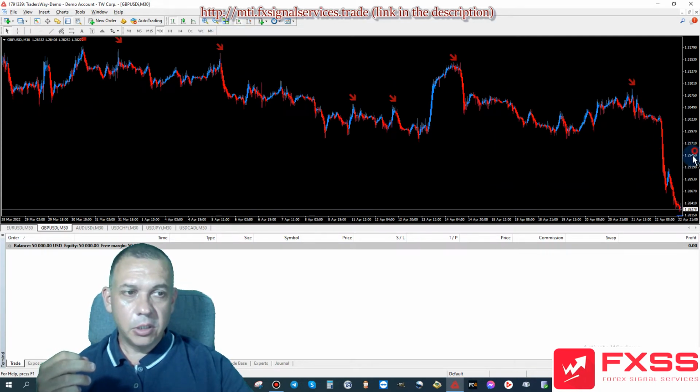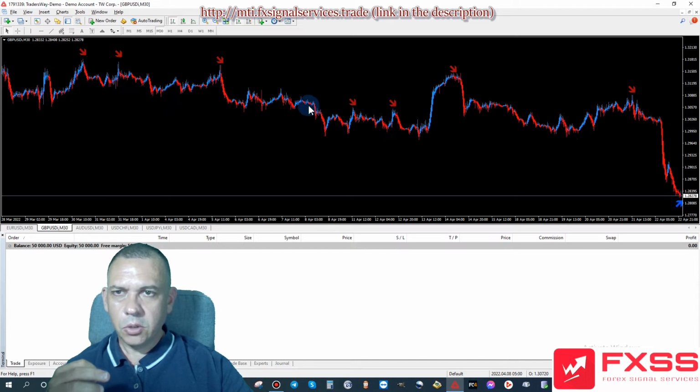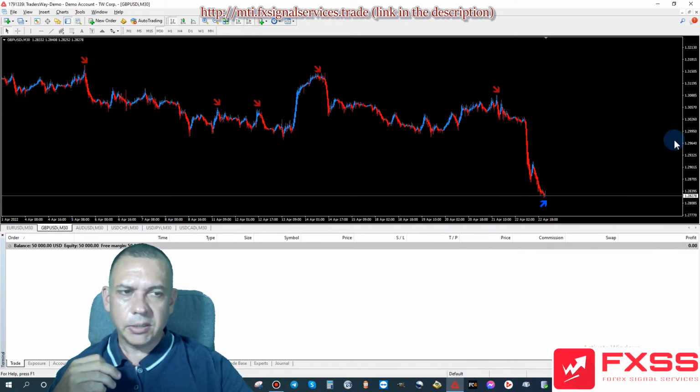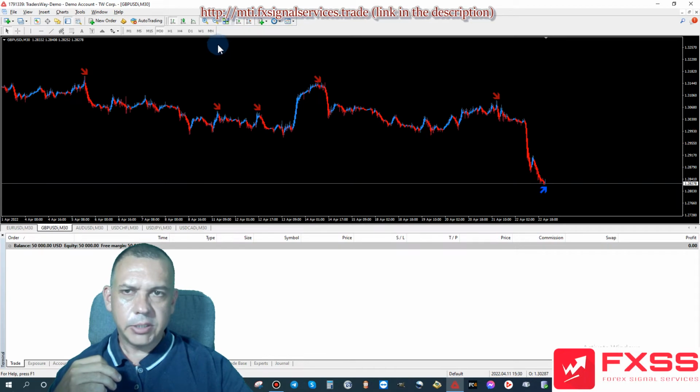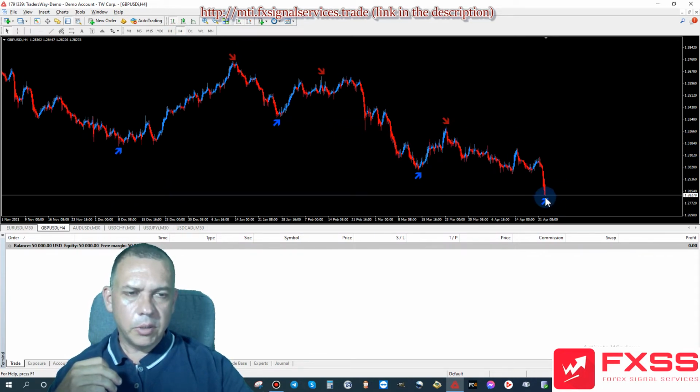If you got in on a sell trade, you were doing good. And if you look here in the past, this is a nice thing though. There's nothing but sell trades. So this one is really good right now because there were no signals to buy. Now we finally have a signal to buy, which you can see here. And if we look at the 4-hour chart, yes, this is a very fresh signal to buy.